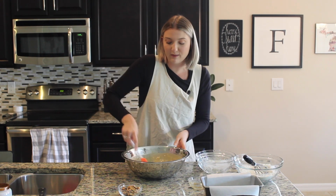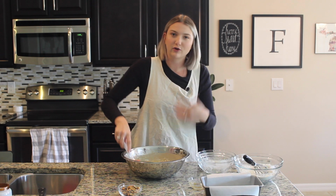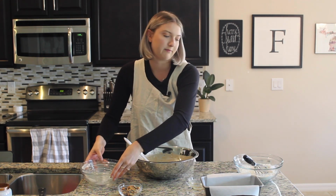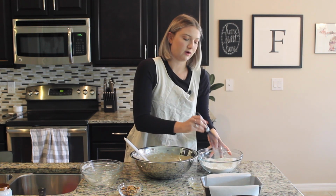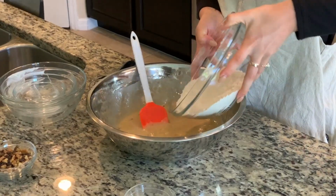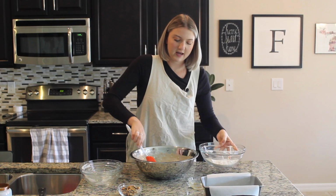And the great thing about it is that as it sits throughout the days, it gets better. Like second day, third day banana bread is ideal. We're gonna grab our fully mixed in dry ingredients. We're gonna do this in about thirds. So we're gonna drop about a third of the batter right into this bowl, and then we're gonna do a